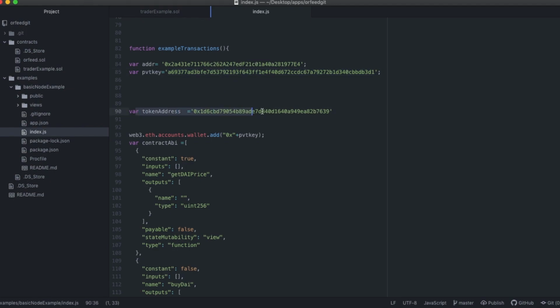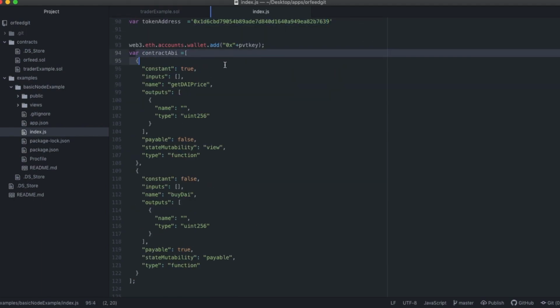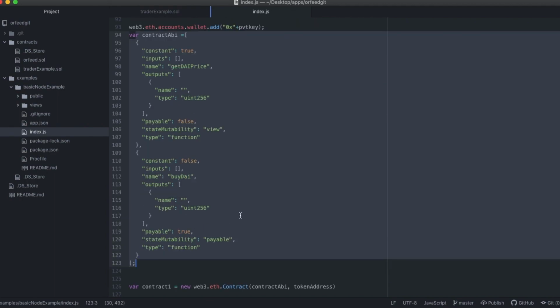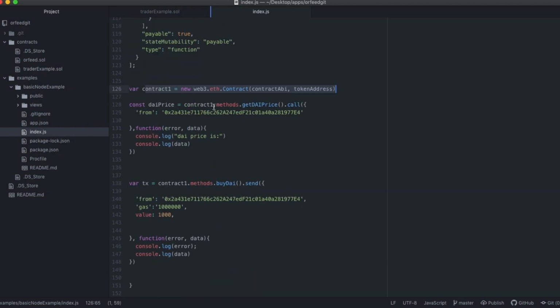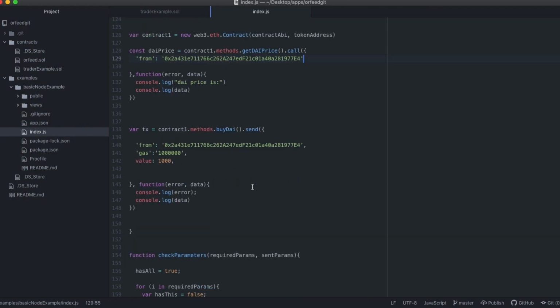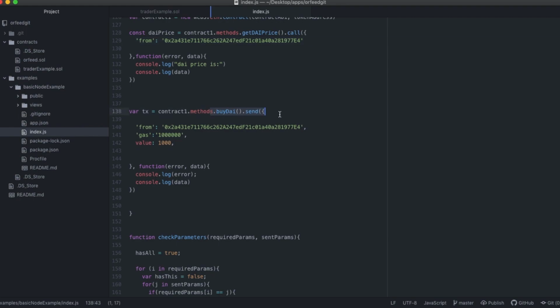And then a smart contract address or a token address or whatever, we're going to interface with this contract. We're going to load in some data about it. We'll talk about what an ABI is when we deploy our smart contract. And then we're going to load the smart contract up, and then we're going to call methods. So, for example, we can get the price of Ethereum to DAI. And then additionally, we can buy DAI. So we can actually go directly from our node centralized application, interface with the smart contract, tell it when to buy DAI, right? So we can have a timer that just buys it every hour.